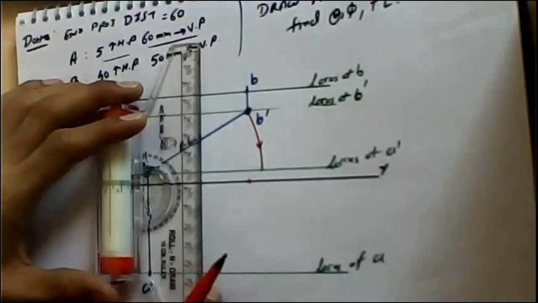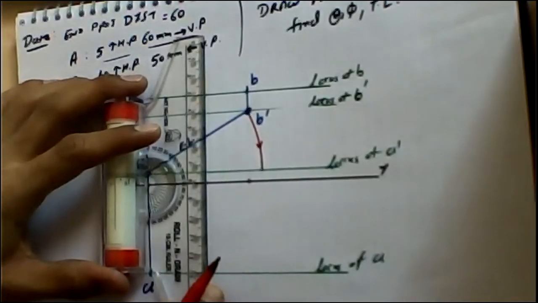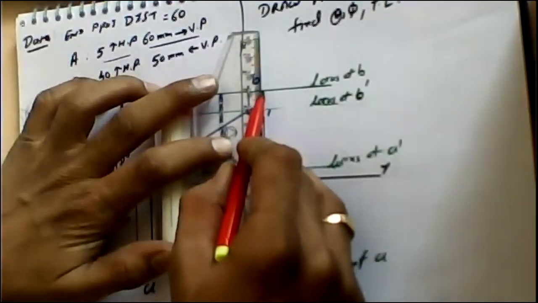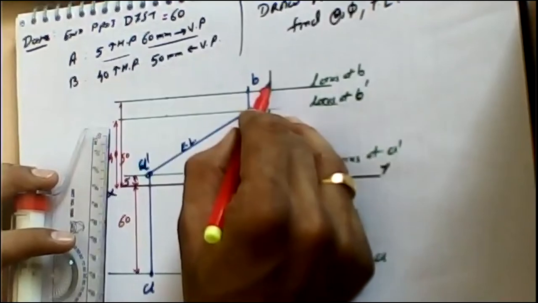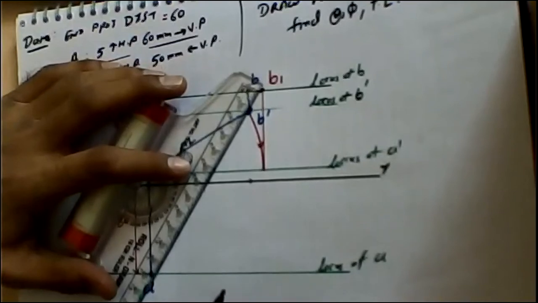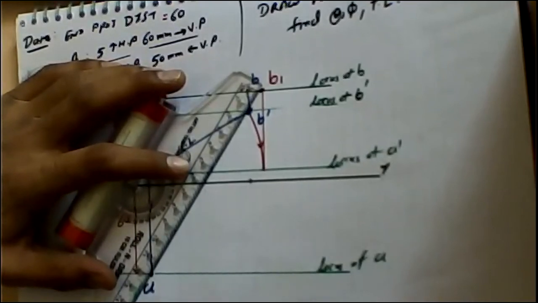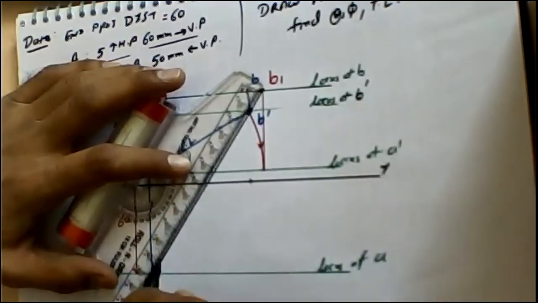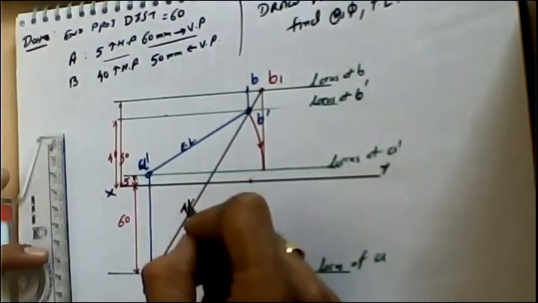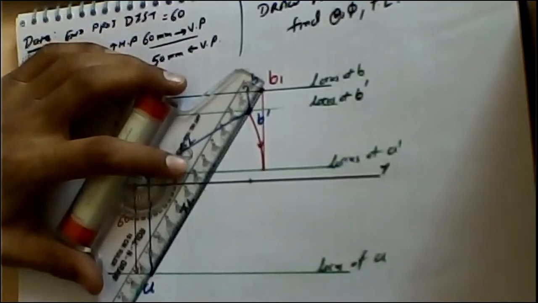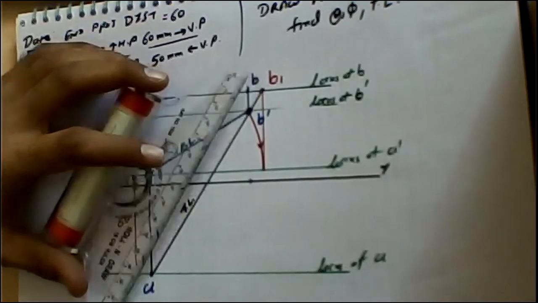So now we are drafting B in a plan condition. Within straight line, we can transfer that projection. So from here to here, we are going to have the position of B1, and AB1 is going to be the true length of line in plan. You can measure that one also. AB1 is representing length of about 122 mm.